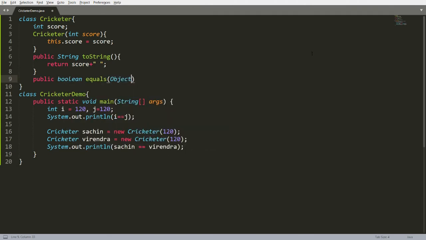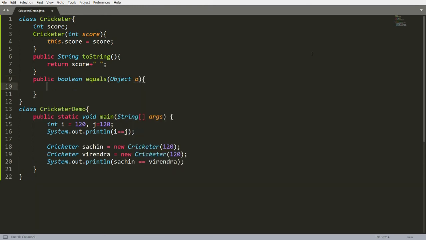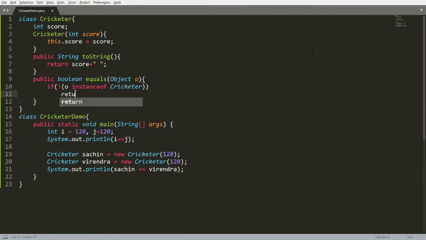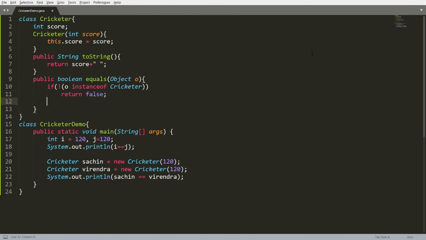You can write Object o here, and implement the logic. You can check the given instance. So you can write: if the given instance o is not an instance of Cricketer, then simply return false. So if the given instance is not of type Cricketer, return false.